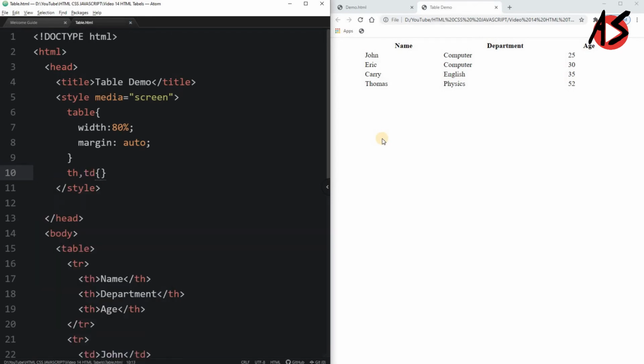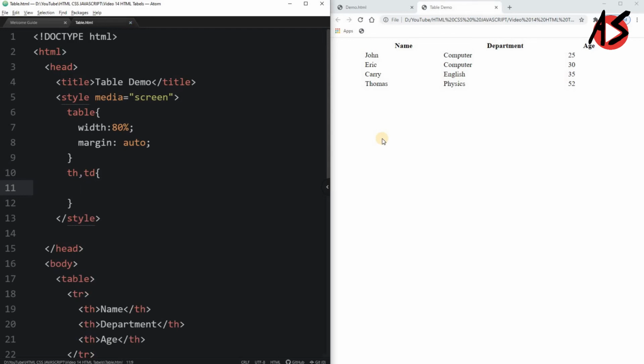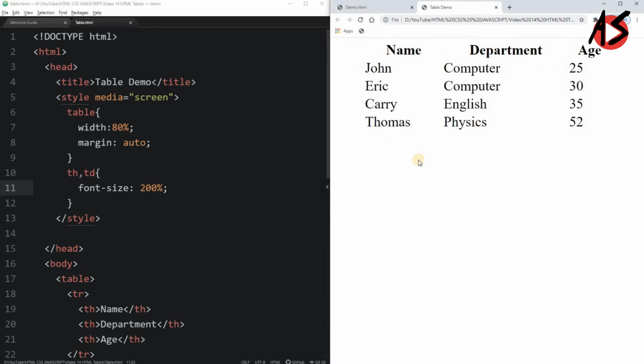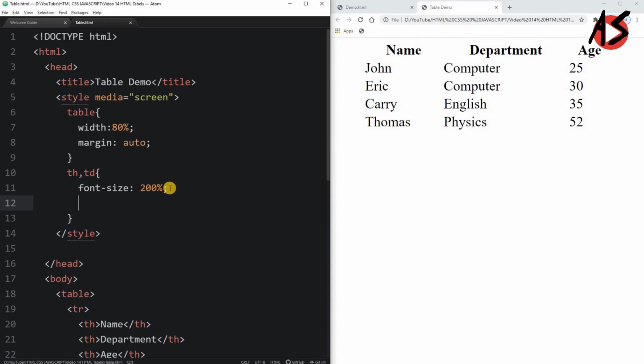So we will increase the font using font size, say 200%, and refresh the page. You are getting more bigger font here. Now we want to add the border of cells here.